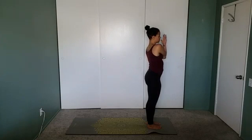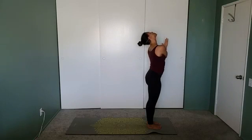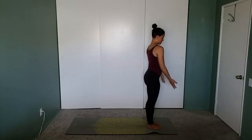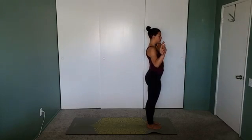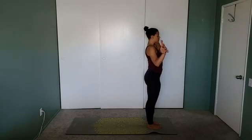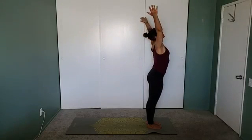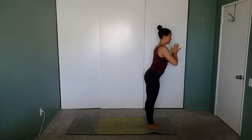Inhaling, taking your right arm across the chest, and again, just getting into that shoulder a little bit, hooking it with the left arm, maybe taking some neck circles if that's available to you, but just being kind and gentle. Inhaling, taking it over to the other side, left arm reaches across, hooks with the right, making sure that you're rolling the shoulder down as you're doing that. Inhale, reaching arms up, and exhale,